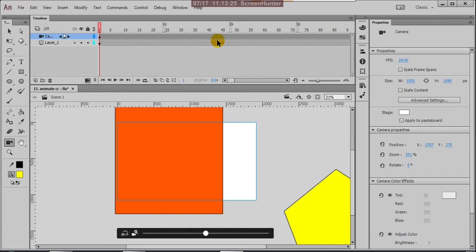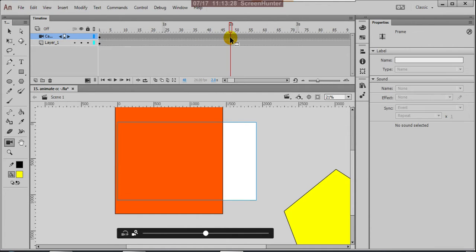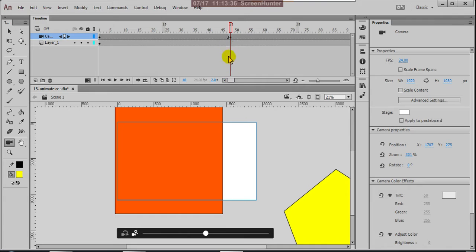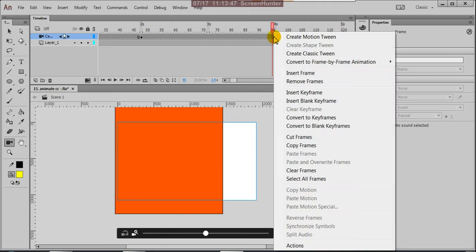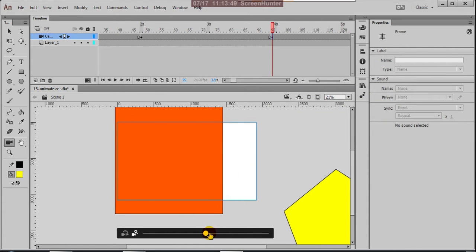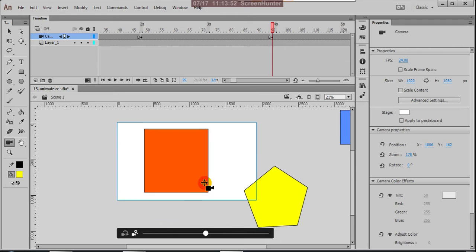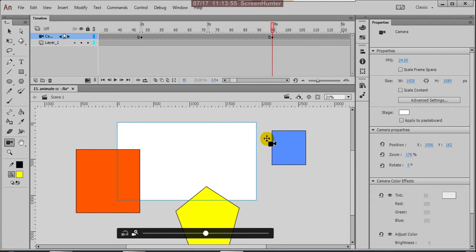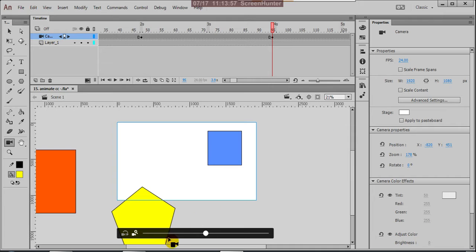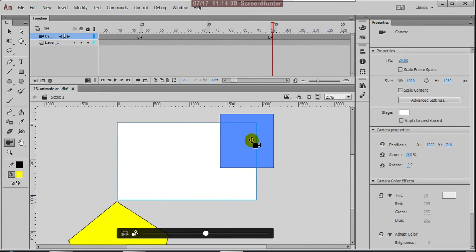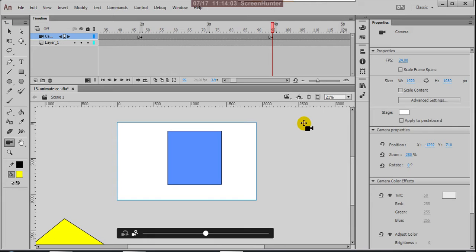Here, up to 2 seconds, insert a keyframe, and the same thing will cover for 2 seconds. Then at frame 95, insert a keyframe, reduce this size and get into this blue.